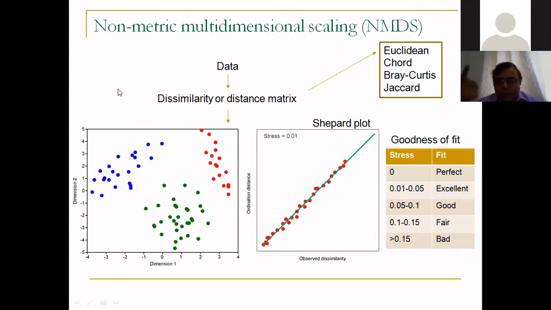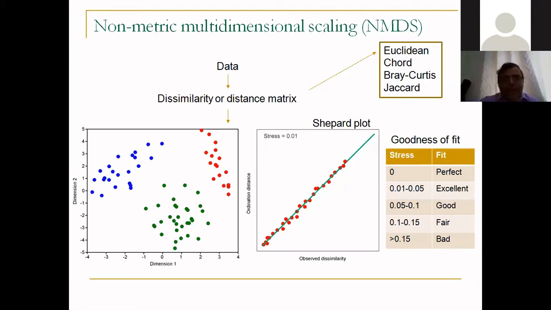The difference between principal component and DFA and the next method, which is non-metric multidimensional scaling, is that in principal component, we actually take the original data and we plot the data and try to understand how groups are related to each other. Now, in case of non-metric multidimensional scaling, what we will do is we will try to understand the clustering of organisms by finding some dissimilarity or distance matrix. So we'll take organisms, we'll first find out their dissimilarities or distances, and then we'll plot the distances and see whether they form different groups or not.